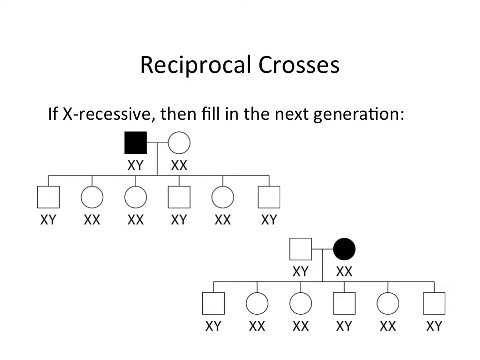This top example is why it's really important to understand why we guys can be affected by X chromosome recessive traits. Why can this father be affected by a recessive trait? Because he's only got one X chromosome. So we're hemizygous. We have half of the normal X chromosomes we normally would have. So if he's got the bad version of the X chromosome, we would write his genotype as mutant, that's the X chromosome, over